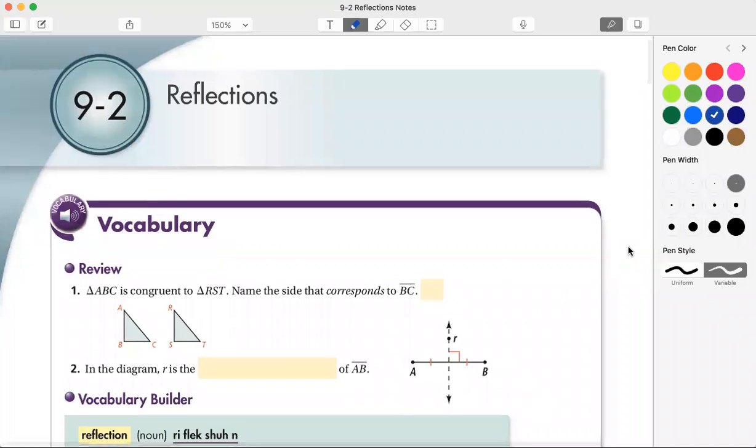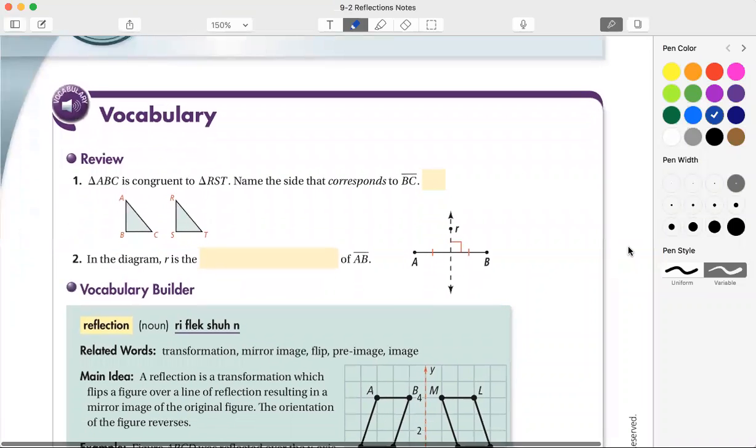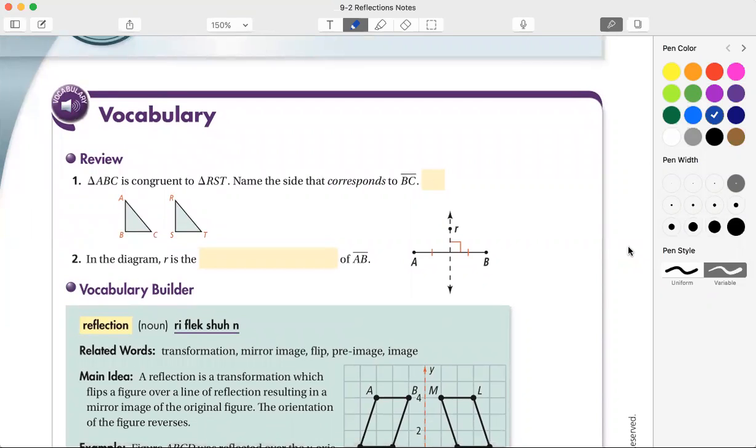All right, 9-2 reflections. Okay, so triangle ABC is congruent to triangle RST. Name the side that corresponds to BC. Well, that would be ST. All right, in the diagram, R is the perpendicular bisector